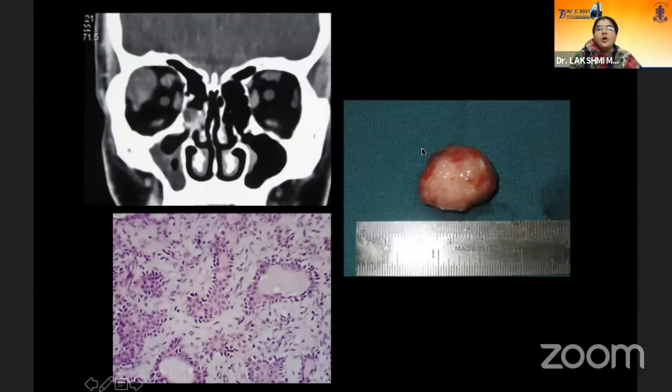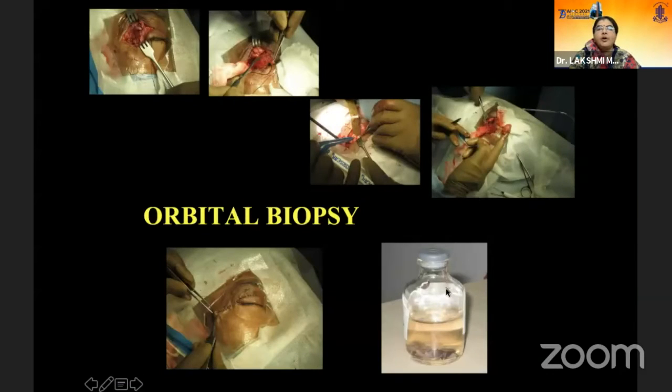Now these are the solid laddu-like lesions, like hemangioma and pleomorphic adenoma, which all come out beautifully in toto, and you can submit them in bottles or in containers completely if you have taken them out. But here, this was a lymphoma, and I could only partially debulk it with a lateral orbitotomy.